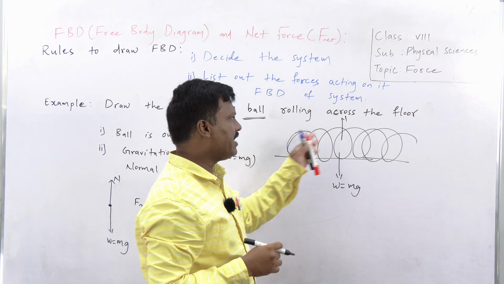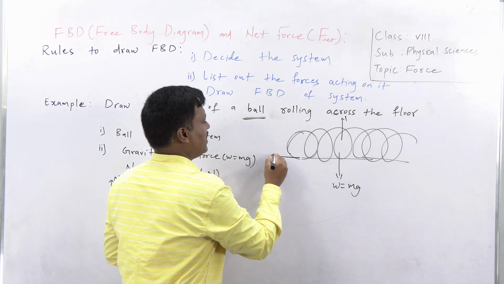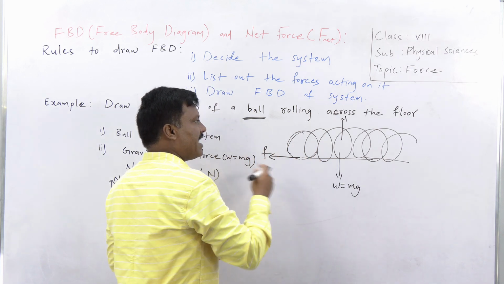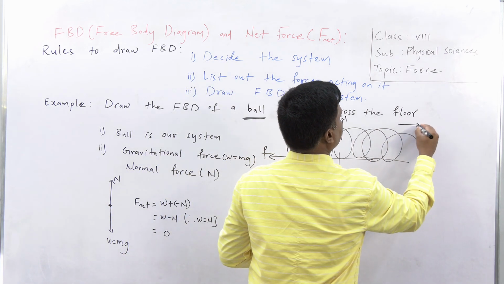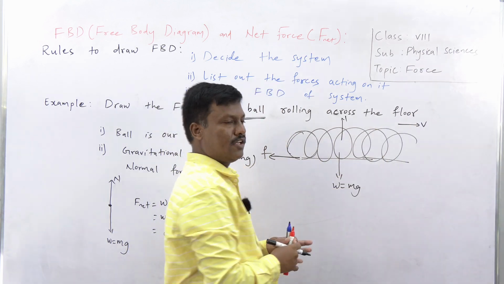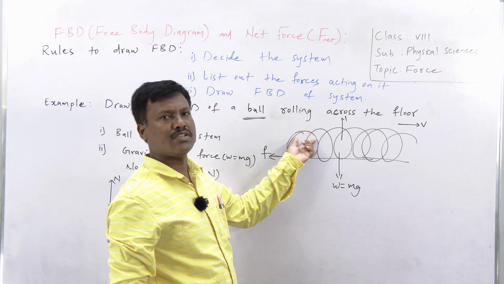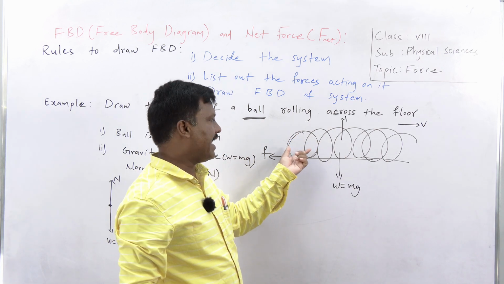But when this is rolling across the floor, another force is coming into play. What is that? Frictional force, which is acting in the opposite direction of the motion. This is the direction of the motion of the ball. So we refer to the direction of the motion of the ball. When the ball is rolling across the floor towards the right side, the frictional force on the ball acts towards the left